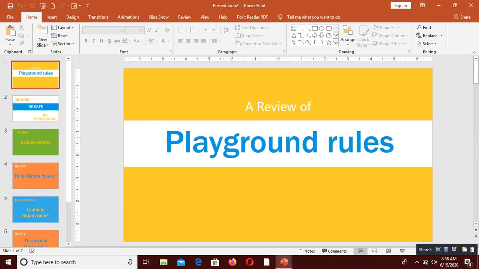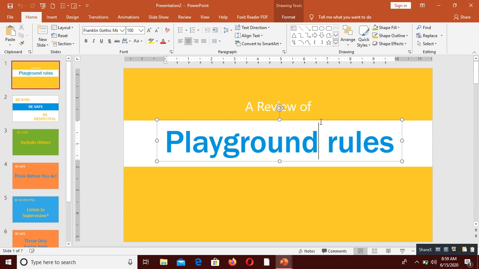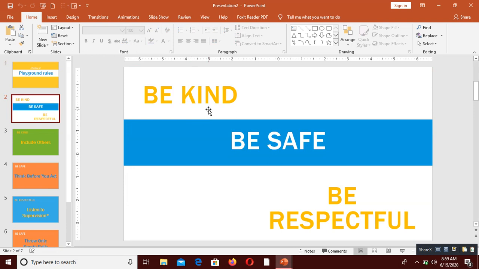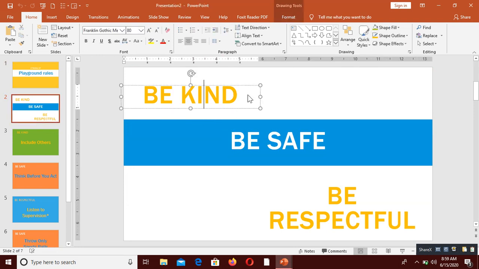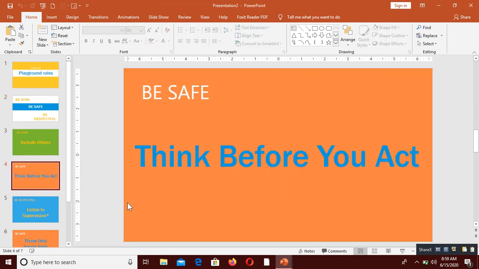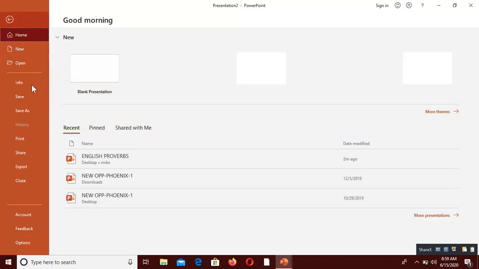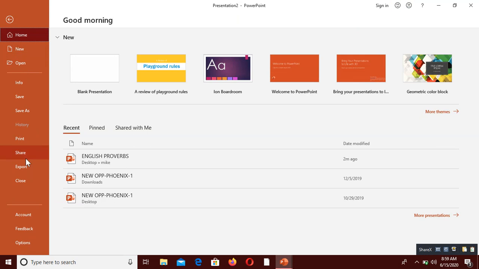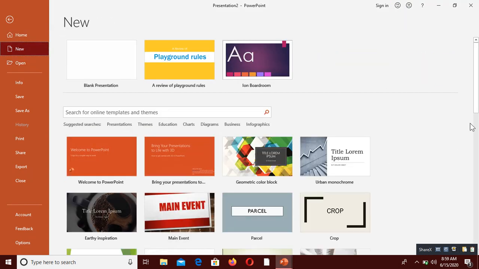Maybe I want to change this. I can change this to computer lab rules, a review of computer lab rules. Go to the next one. Be kind, be safe. You can just change these rules to your own rules. So I want you to be able to use templates in PowerPoint. I want you also to be able to start your presentation from scratch. All that is on File. Click on New. File, New, blank presentation, or you can search for your own templates, just as we've said. You can scroll down to see other templates that you can just pick